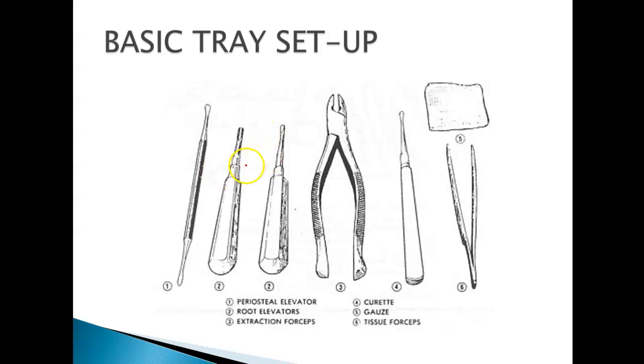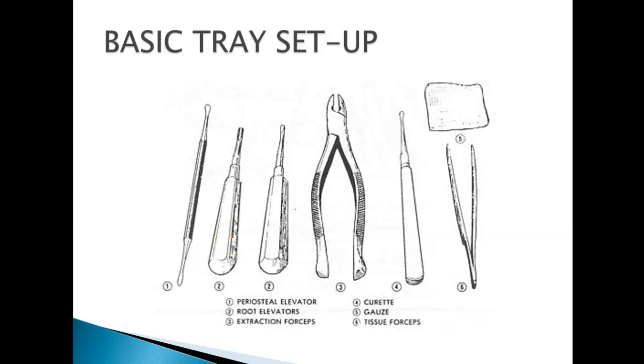Next, we have our elevators, and these are our straight elevators. And they do what their name says. If you haven't noticed already in dentistry, oftentimes the names of things are as to what they do. So elevators are no exception. These are our straight elevators, usually consisting of a small and a large, and it's usually determined by the size of the working end right over here. But these straight elevators are going to be used to help to elevate the tooth or the roots